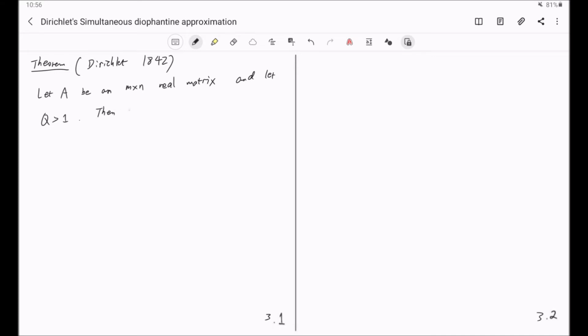Then there exists an integer vector P in Z^m and an integer vector q in Z^n with